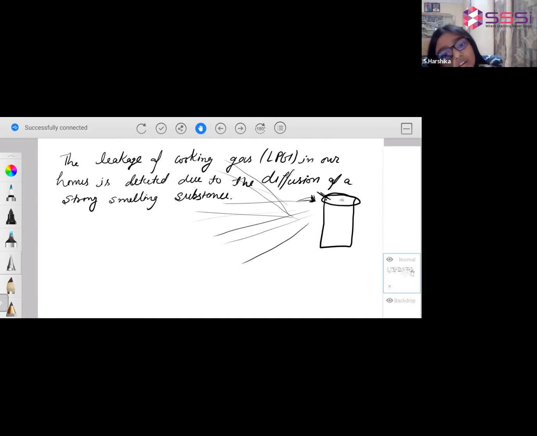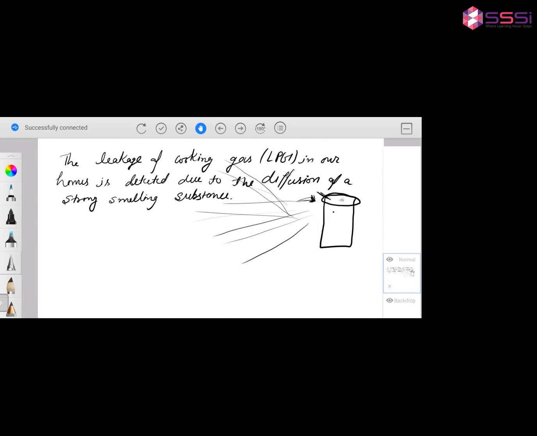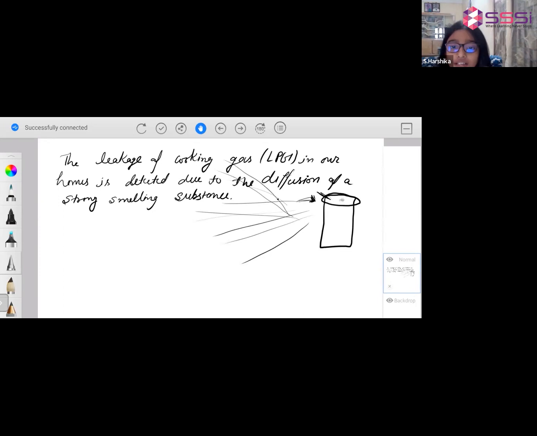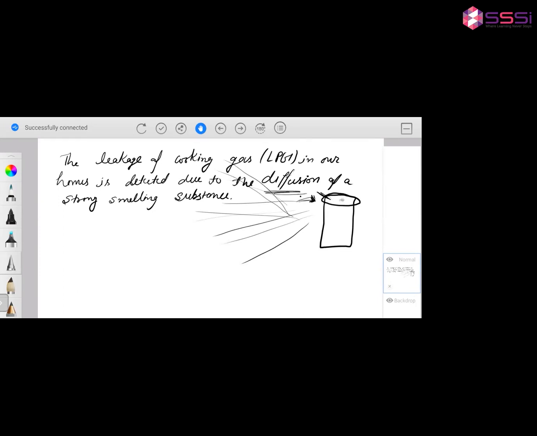So that gas diffuses in the air, then we are able to smell it. Diffusion, an example of diffusion. That's the same example as the room freshener.